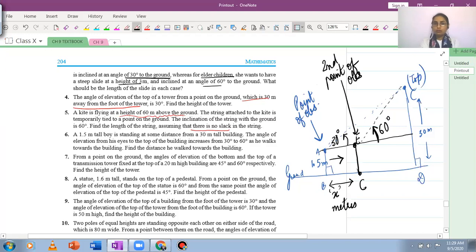Anyone who wants to know how we have drawn this figure? Usually, whatever objects you are given from where the observation is being made, if their height is not given, we show them as a point. Suppose someone is observing some tall object from a car, then we will show the car as a point, although a car has a height. Unless the height of that specific object is mentioned in the question, we will not consider it. Like in this question, they have mentioned the height of the boy, so you have to show it in the figure. If they had simply said boy, then we would have shown the boy as a point there. Then we could have just ignored the height of the boy.